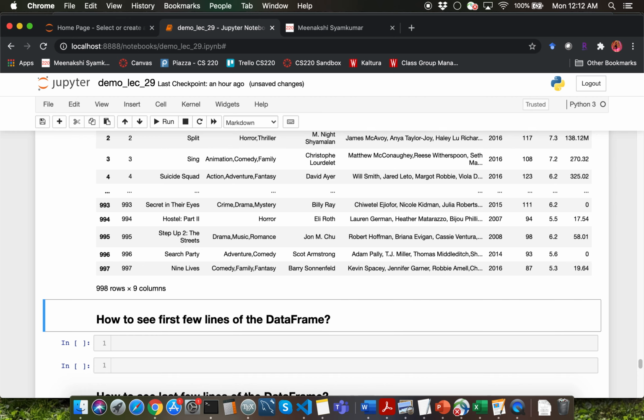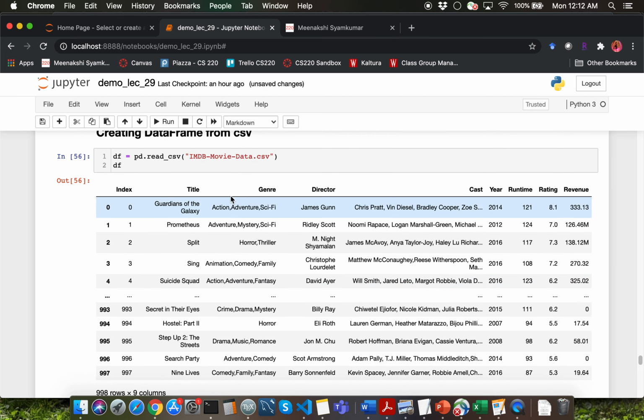So one excellent thing about a pandas data frame is that when you read CSV data, it automatically converts the number based columns into integers or whatever they represent. For instance, the year is going to get converted into int64 and the rating is going to get converted into a floating point data type corresponding to that particular column.